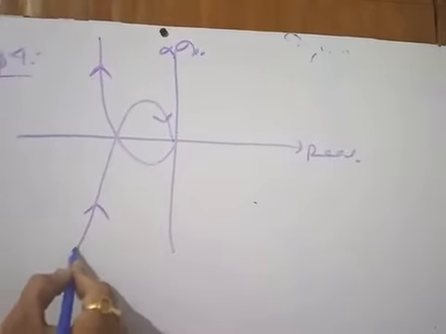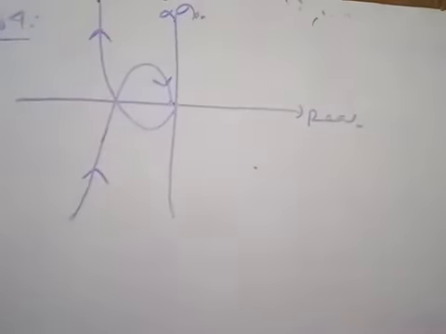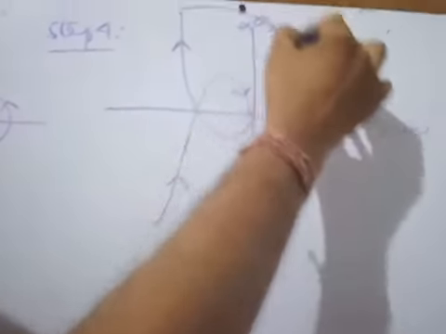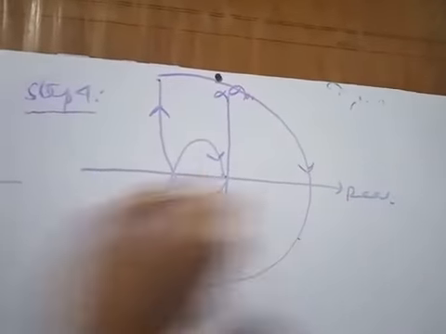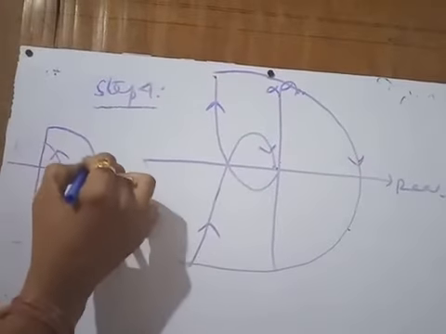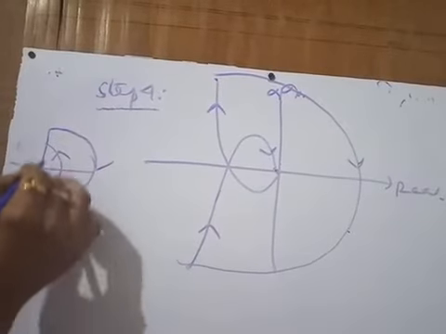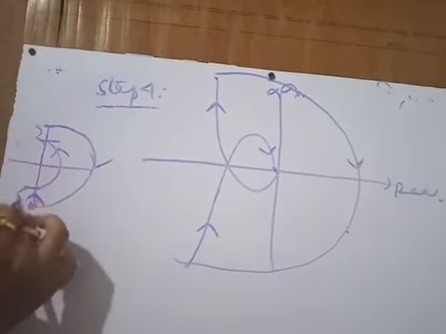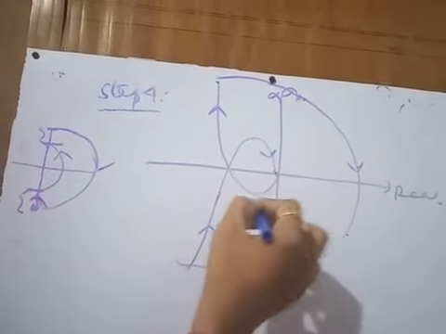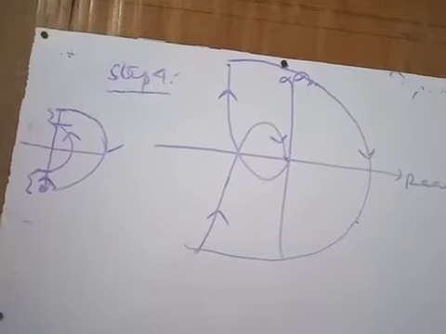So this is your starting point, moving in this direction. From this direction you go there, and as you know, for the small semicircular path, you just add this path, so you get the contour like this. For this path you get magnitude 0, and from this part to this part, and from this part to this part, one is the polar plot and one is the mirror image of it. Now this is your Nyquist plot, right?